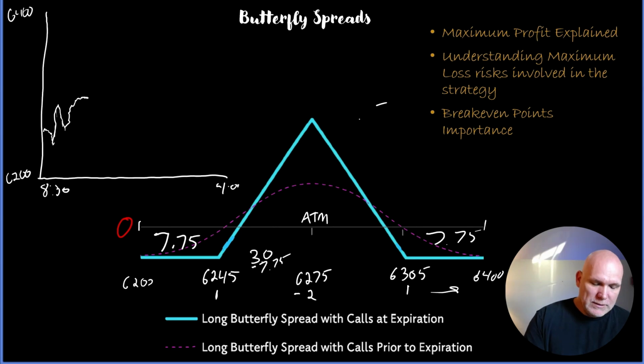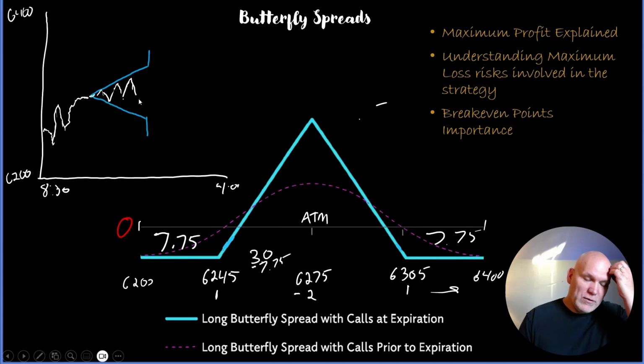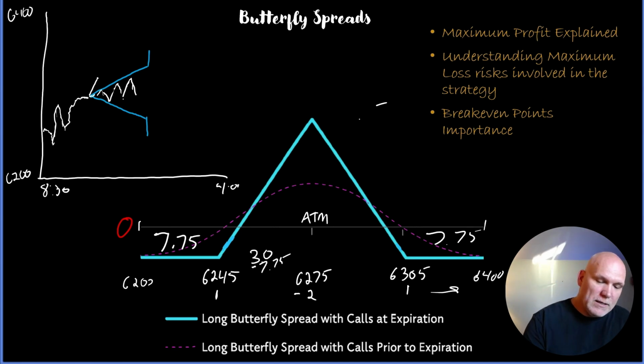All this blue is the same thing as looking at it on its side, okay? So what we're looking for the stock to do, once we establish it, is to stay within this range. If it stays within that range, we become profitable. If it drops outside of this range, or drops here, goes up here, and then coalesces, we're going to be at a negative. If it does this right away after entry, you're going to be a little bit negative, but maybe not a lot because time decay hasn't set in yet. The longer it stays out here, the more time decay sets in, and the more you're going to set up